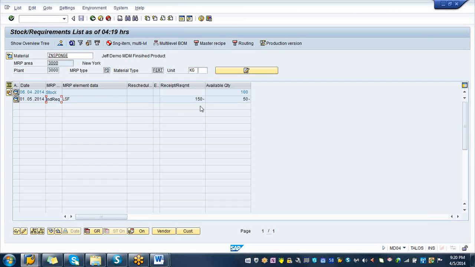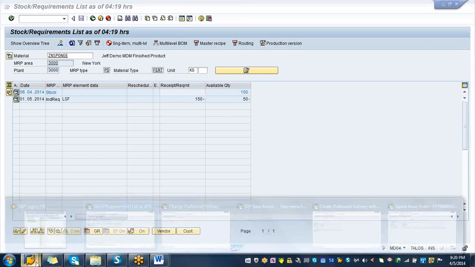Okay, so the 50 is gone, everything is clear, but you still have a requirement for 150, but you still have a stock of only 100. So if you run MRP again,